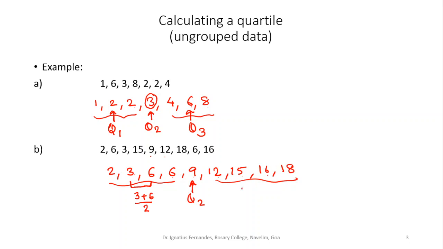In the same way, for Q3, if you have to find it out, it will be the sum of 15 and 16 divided by 2. This will be 15.5, and Q1 will be equal to 4.5. Now in case the number of entries was even, Q2 you will be finding by averaging. You will take the middle two values and find the average, like how you found Q1 in this case and Q3. So in case you have data like this, this is how you will find the 3 quartiles.